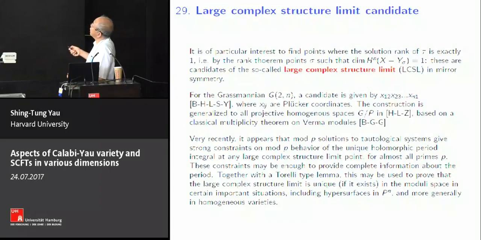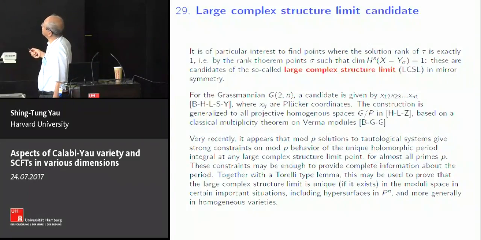For example, in the Grassmannian of 2 planes sitting in n space, we have some candidates that we know how to do. And there it can be generalized to more general G mod P, based on some classical multiplicity freedom in Weyl modules. Now, more recently,